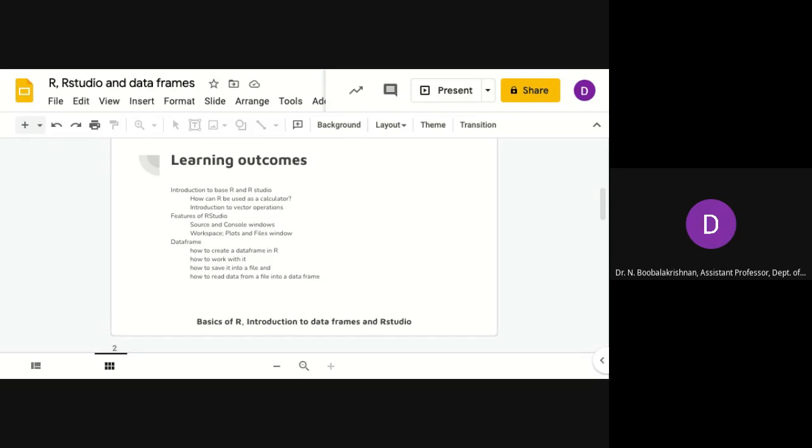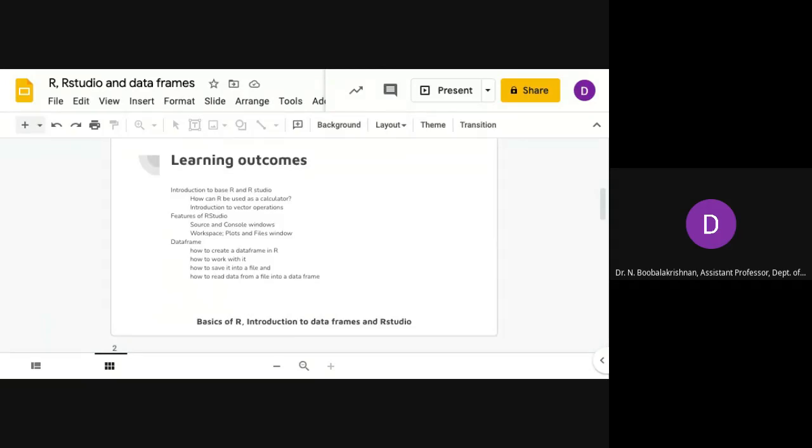And then the features of R Studio, where you are going to work. As I said before, R is the base R, which is the backend programming machine, and R Studio is going to be the GUI, the graphical user interface. That is the front end where you're going to work with your commands. Technically, the inputs, the codes, are what we call commands.